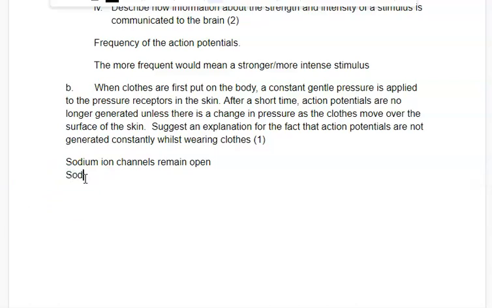So sodium ions are therefore in the wrong place because they're kind of constantly trickling into the membrane, so we can't then have that rush of them coming in. Sodium ions are therefore in the wrong place to trigger